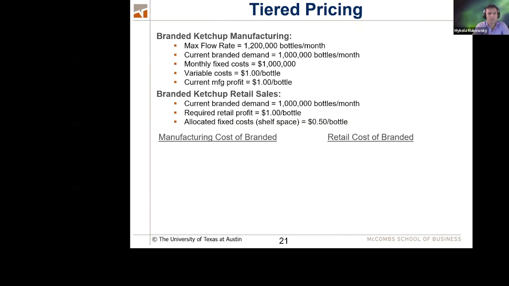I'll jump in if you can hear me. Give it a shot. All right, so a few things going on. The original setup, using the incremental capacity to create the HEB brand, seems consistent. Yes, and the idea to use the extra 200,000 bottle capacity to create this HEB brand also makes sense. So the original setup makes a lot of sense.